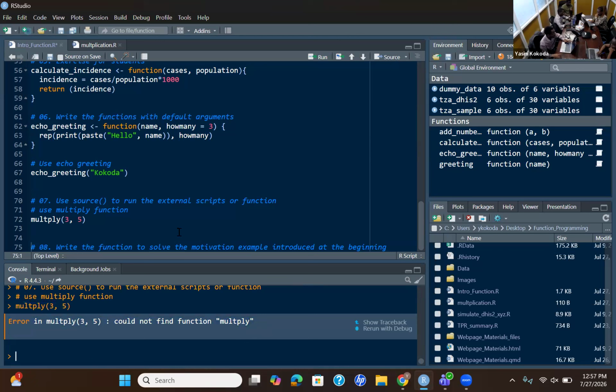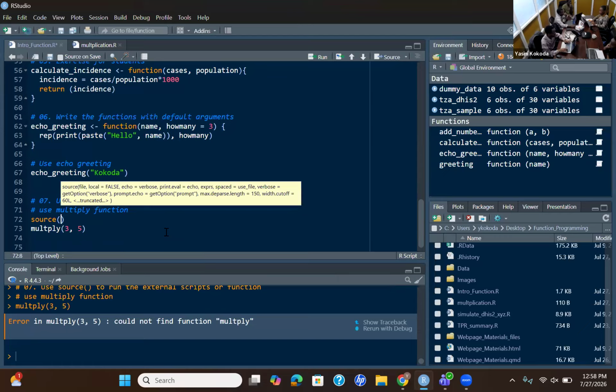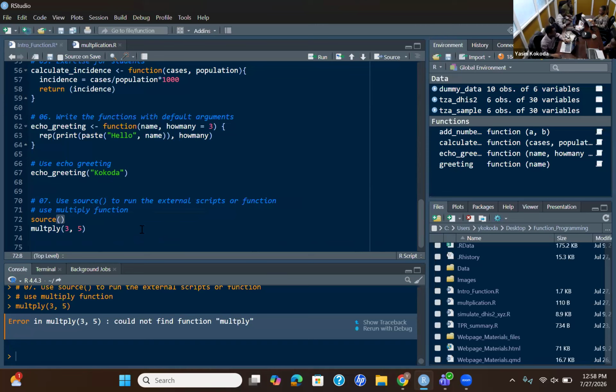So the idea here is you already have your function and you want to reuse it in a new script, or you have a bunch of code, not necessarily a function, where you define different variables and you want to use them. So what you are supposed to do here is use source to run the script which contains this function.